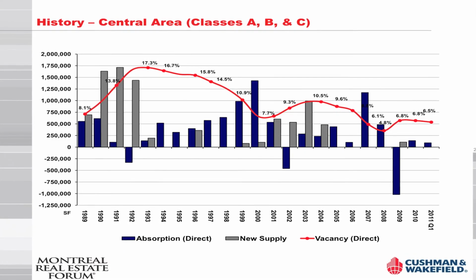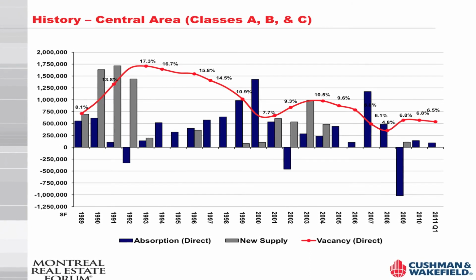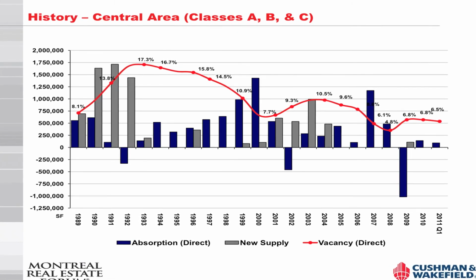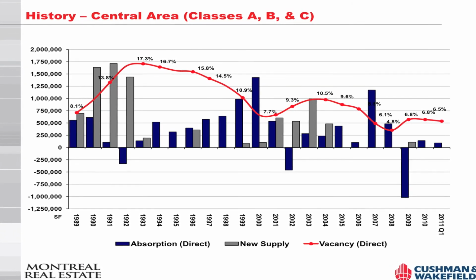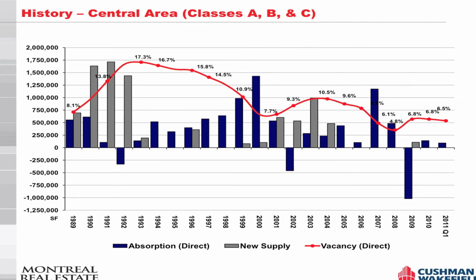Basically shows the history of A, B, and C in Montreal. You can see a very telling element that's been missing since probably 2004, and that is the lack of any new supply. Have you, in your career, ever seen a period of time with such little supply ever coming into the Montreal market? No,